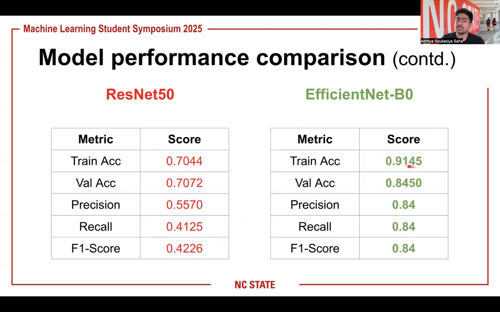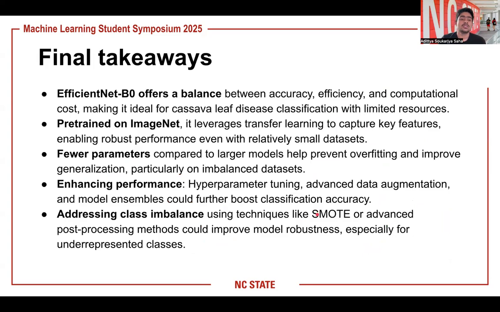So the training accuracy came to be 91.45, whereas the validation accuracy came to be 84.5 for the EfficientNet B0. And also these had a precision, recall and F1 score of 84%, which are far greater than the ResNet 50 model. So the final key takeaway is that the EfficientNet B0 offers a balance between accuracy and